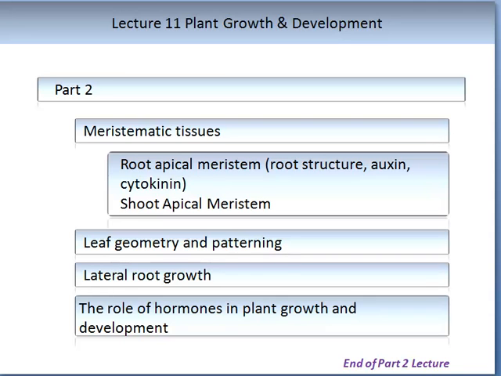And that brings us to the end of the topic of plant growth and development. In part 2, you have understood now about meristematic tissues, root apical and shoot apical